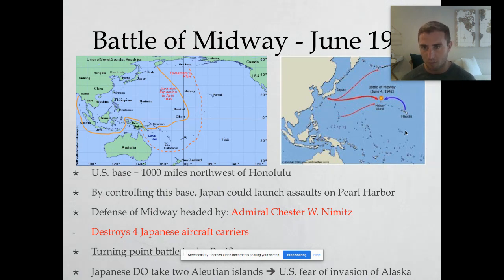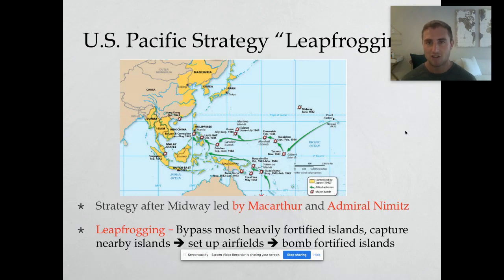This is the turning point battle in the Pacific. From this point forward, the Japanese are not moving away from their home island. The Allies are moving towards Japan. That strategy of island hopping or leapfrogging is going to be led by two American war leaders, General MacArthur and